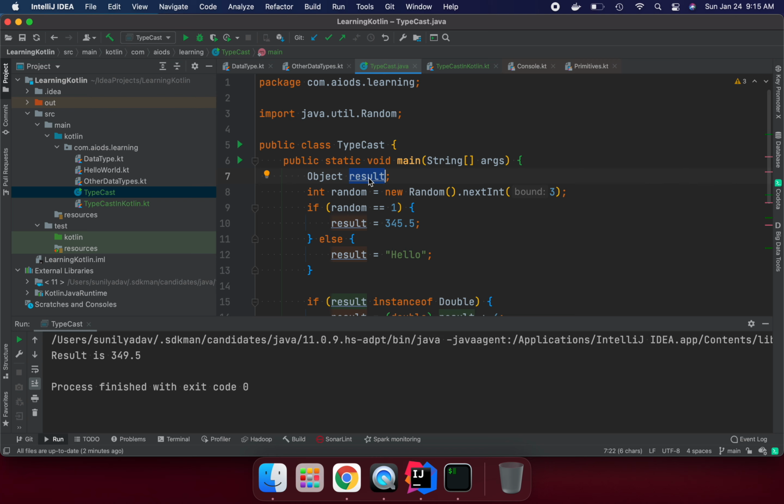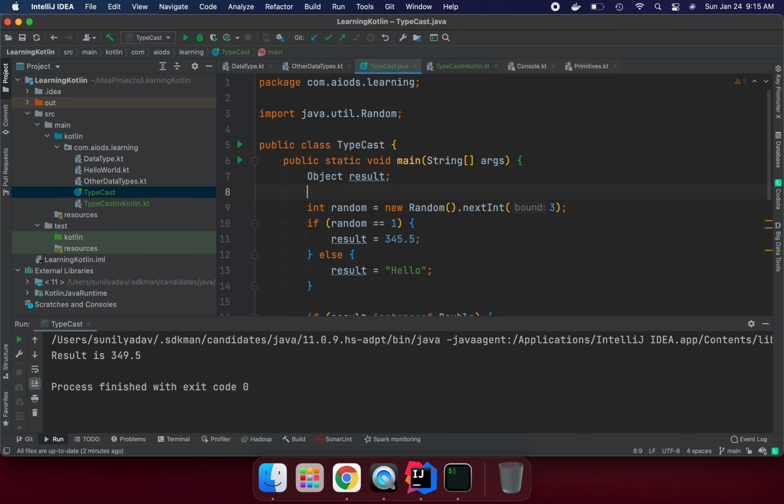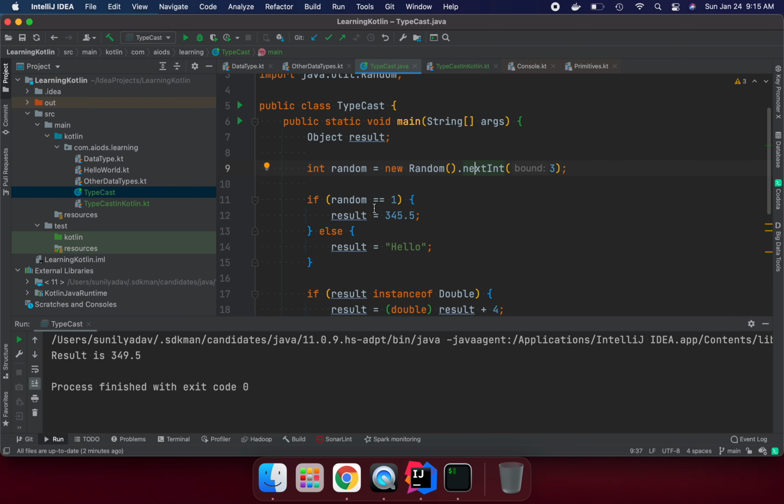I'm saying this variable name is result, and I'm creating a random number. We can use the Random class from the util package, and I'm creating an object and saying, hey, give me the next integer between 1 to 3. If the random number is 1, then I'm saying the result type is double, correct?